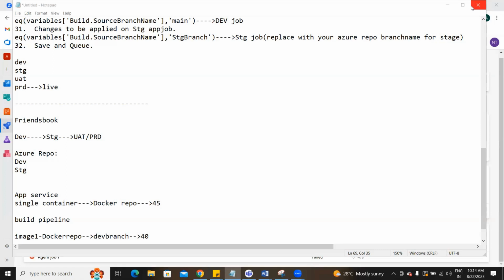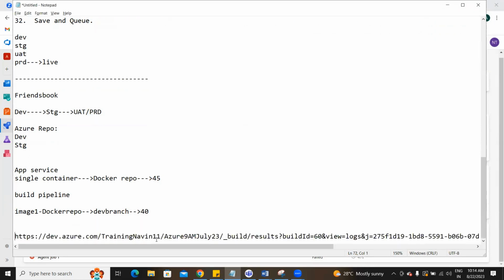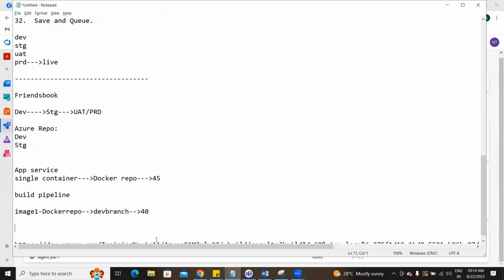This is for the dev, this is for the stage, right? 2 will be created. Very good. So it will run mandatory. But when I say go with the dev, it'll run the dev. When I say go with the stage, it'll bypass this. It'll not fail, it'll bypass this and run this. You'll come to know in tomorrow's class. Online guys, you didn't understand it? What is happening here? 3 jobs are mandatory here.